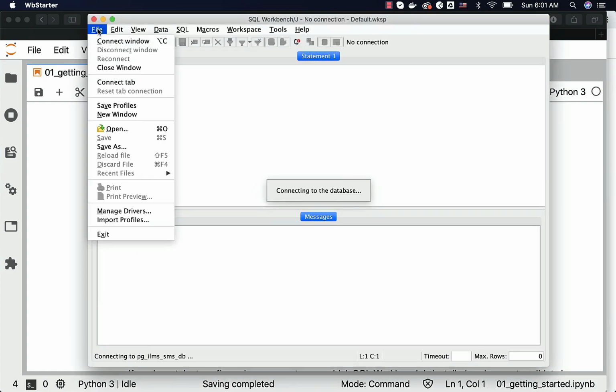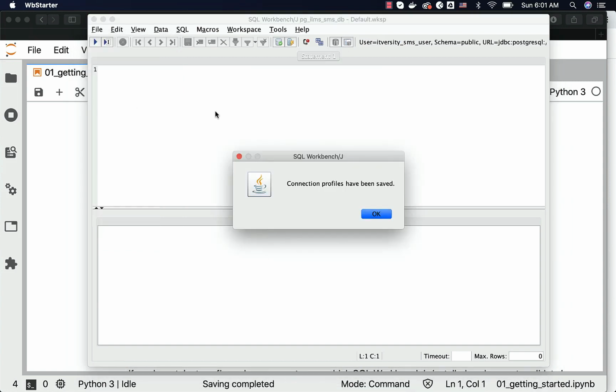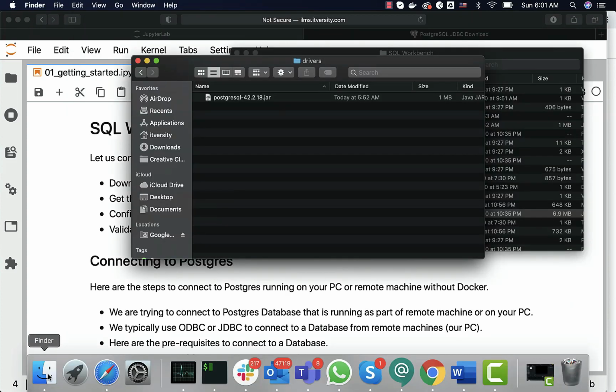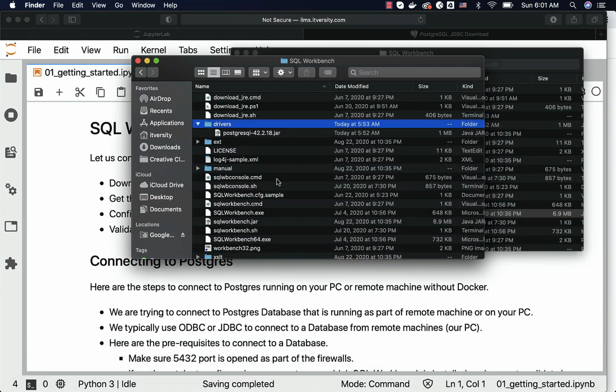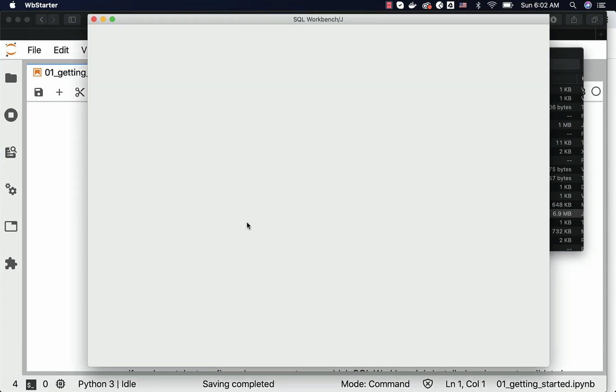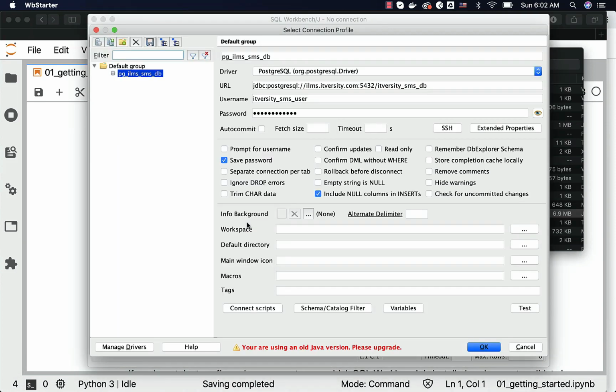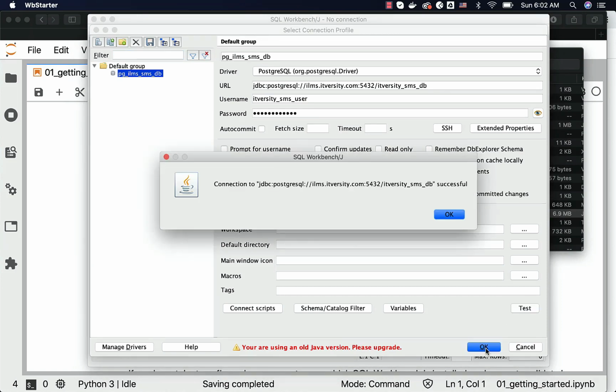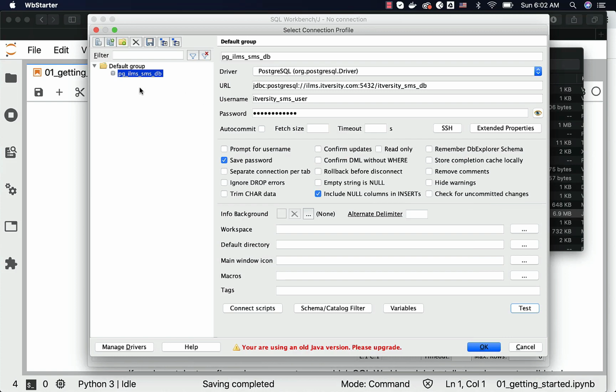If you go to file and then say save profiles, it will automatically save the profile, and even if you close the SQL Workbench, and you come back to this after a while by double clicking on this, still that profile will be there, and you should be able to connect to the database without any issue. You don't need to test all the time like this. Once it is tested, every time you want to connect, you just choose the right profile on the left. As of now, we have only one profile and it is automatically selected.